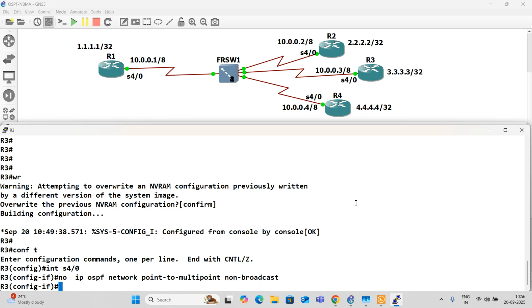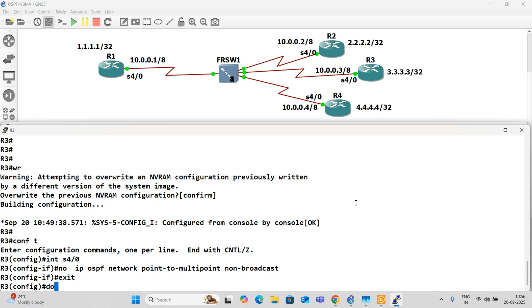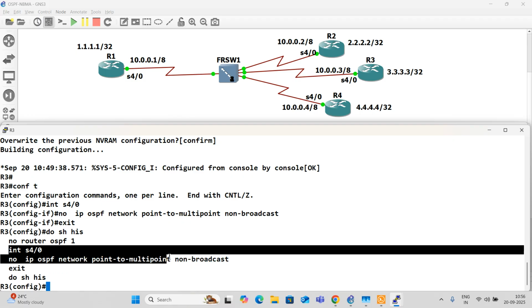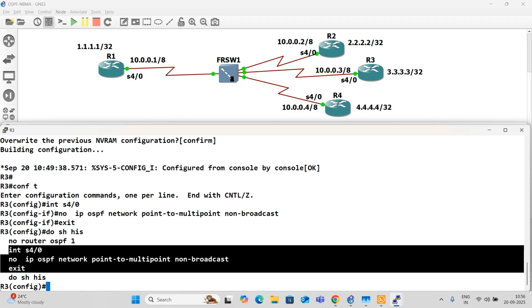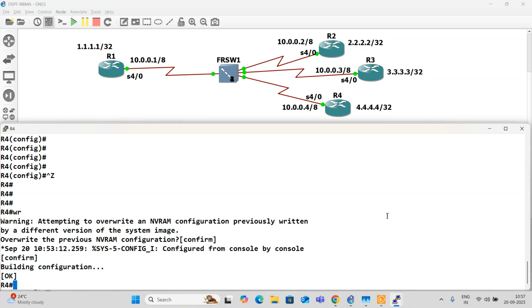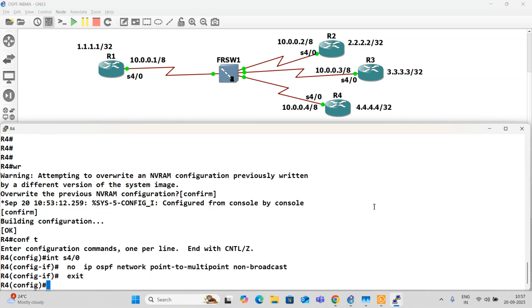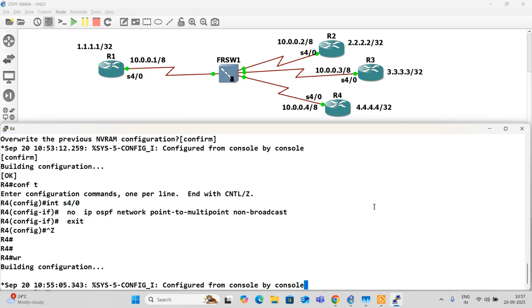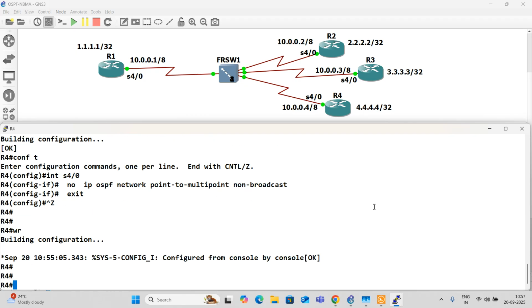One last router. Now what is next is we have to configure OSPF fresh from the beginning.